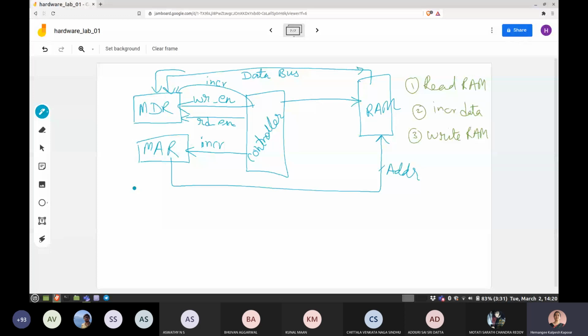I hope this is all clear. Okay, so that's the high level picture of what we are trying to do. And for this, how do you now go about doing that? So designing the RAM module is very simple. In the previous slide, we have seen that design. So you make that one module.